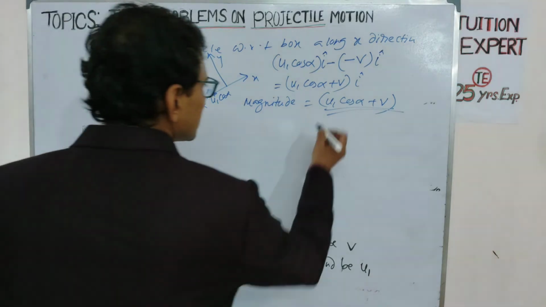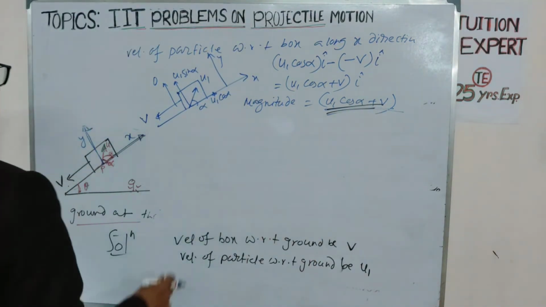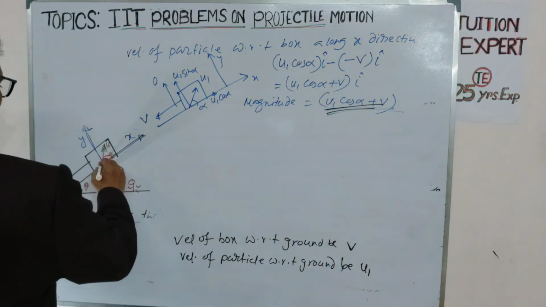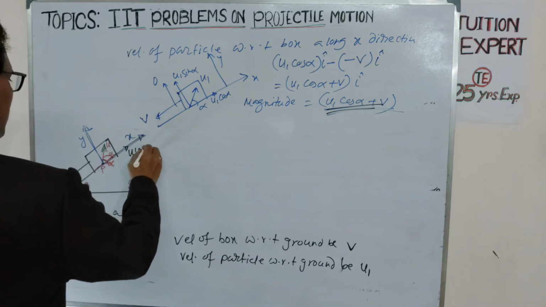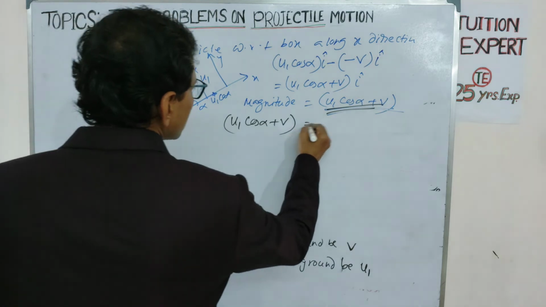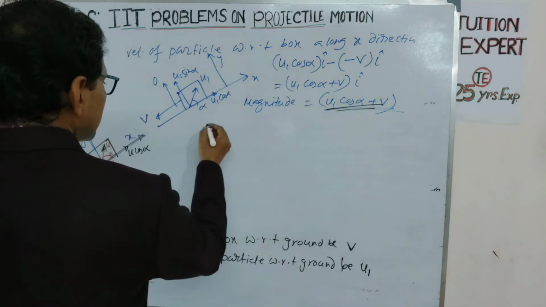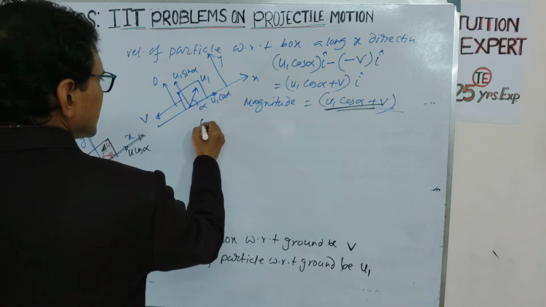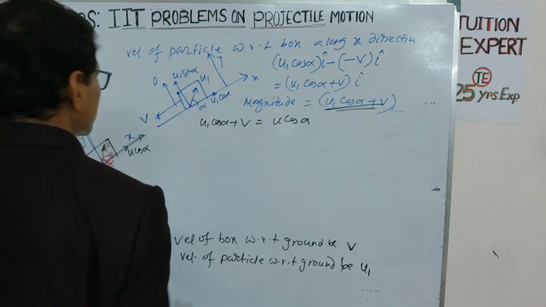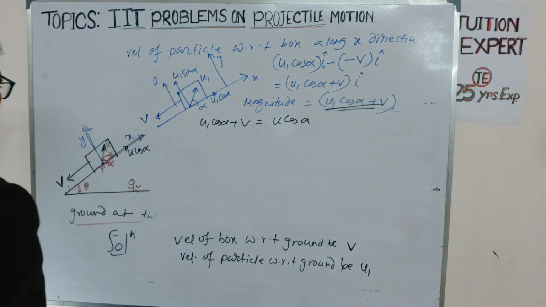So u1 is the velocity of the particle with respect to box. Here the velocity of the particle with respect to box is u, so this component is u cos alpha. So we can easily write that u1 cos alpha plus v equal to u cos alpha. This and this are equal. And for the velocity along y-axis, that is u1 sin alpha